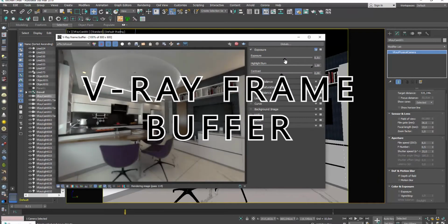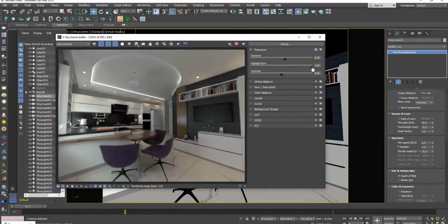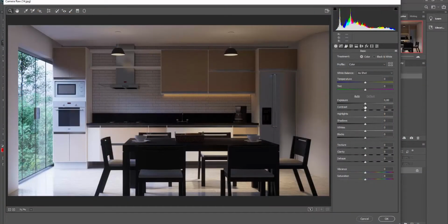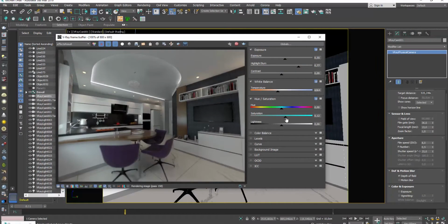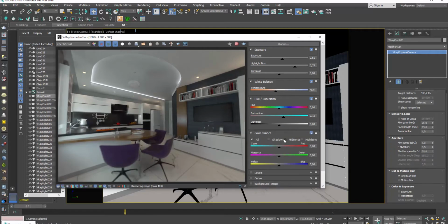Frame buffer. We all would like to adjust some color balance and light problems in Photoshop after we get our renderings. We use element ID for brightness and contrast, changing the background and additional effects. We can get a good result, but make sure you use these features at 10%. Because when you save your renders, the entire range of color isn't saved by JPEG or PNG for editing in Photoshop. So you need to save them as EXR or HDRI format.